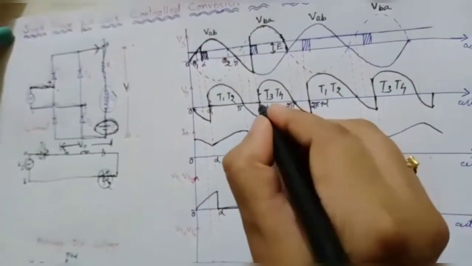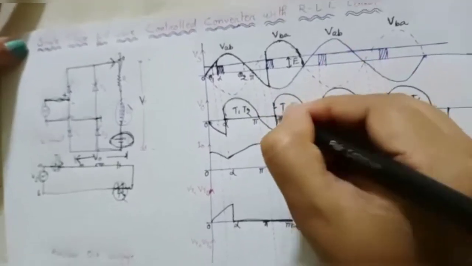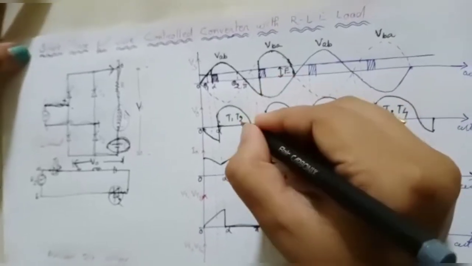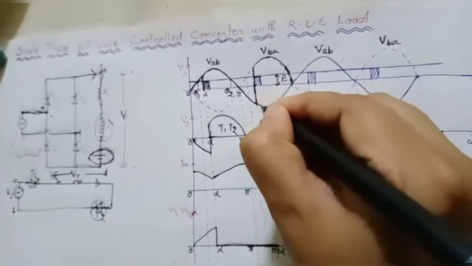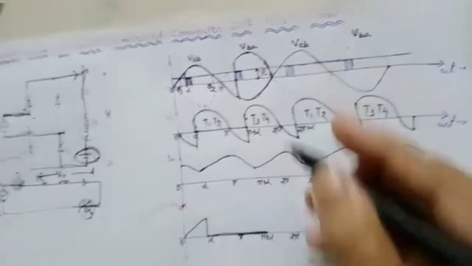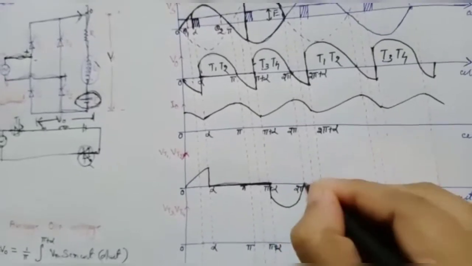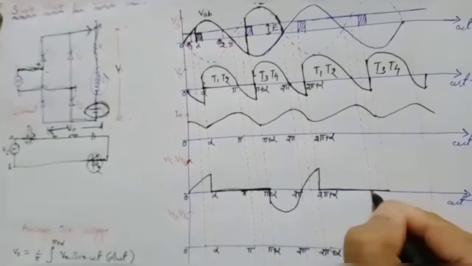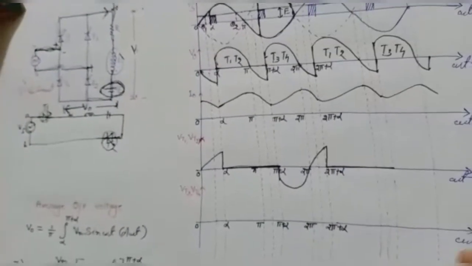Again after this VAB is in the negative half cycle, means the thyristors must be in reverse bias condition. That's why this much of reverse voltage will appear across the device. So this is the reverse voltage here. Again forward blocking mode. Again it is conducting mode. This is the voltage waveform of devices T1 and T2.